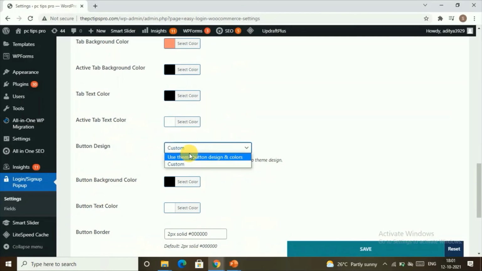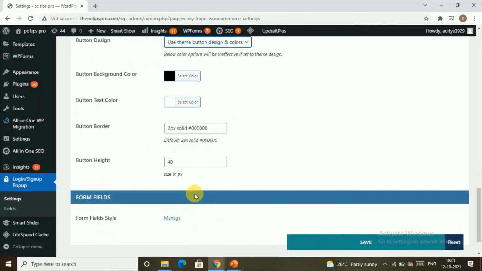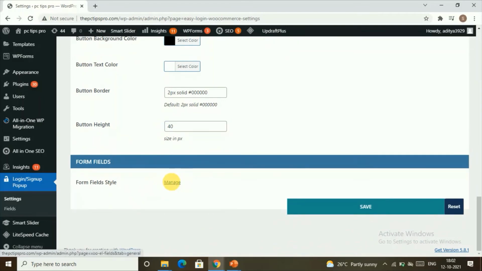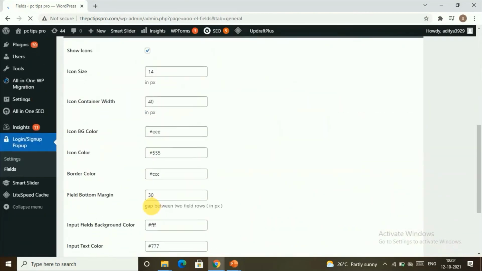For your button design, you can choose the button designs, or let it be custom, or use the theme button design and colors. You can make it anything, it's all up to you. Then here you have the button background color and button text color, and your button border. This is the color code, and these are the pixels. Then your button height, you can choose it here, and your form fill styles, you can manage them.